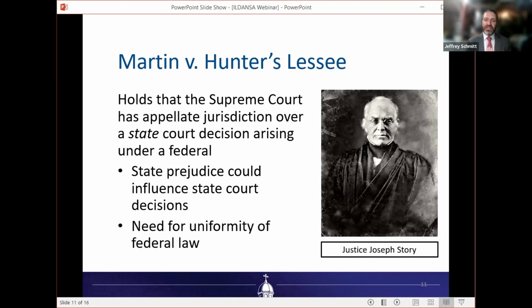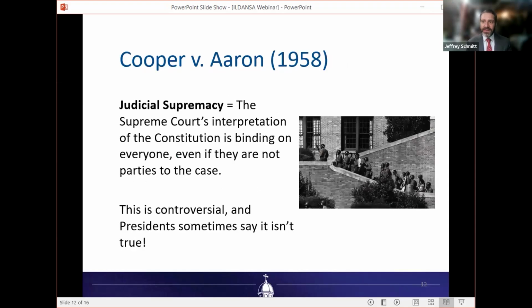And of course, that ties into Marbury versus Madison, right? We need the government to speak with one voice. And on legal matters, it makes sense that that should be the court, not the president, not Congress, and certainly not the states, right? The next case in the series here that I want to present, the last case, is Cooper versus Aaron. So I could talk about this one for hours. I mean, honestly, I could talk about each of these cases for hours, but Cooper v. Aaron, I think, is the most interesting comparison to today.